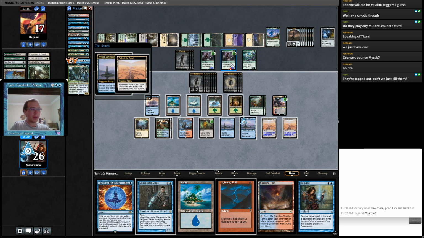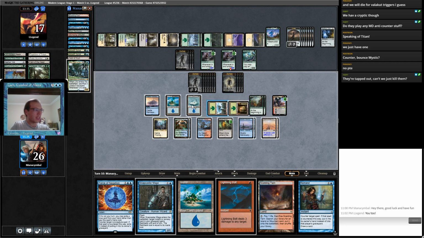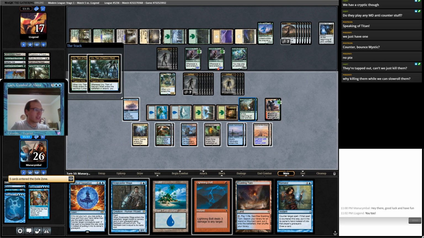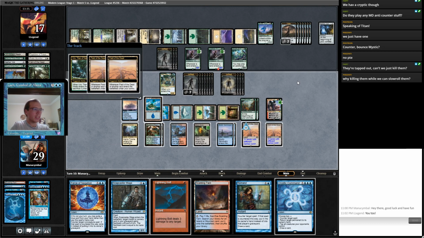To be fair, what we're really doing here is exploiting the way MTGO is set up, and we're going to bleed them for clock on our turn. Or on their turn, because they're behind on clock. Why kill them when we can slow roll them, basically? Basically, the point is, I don't think they can ever...